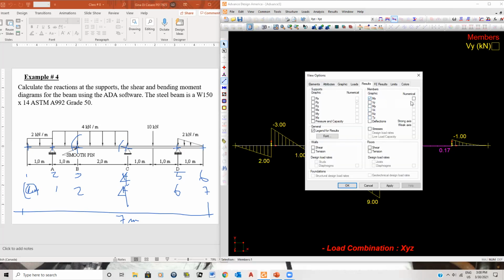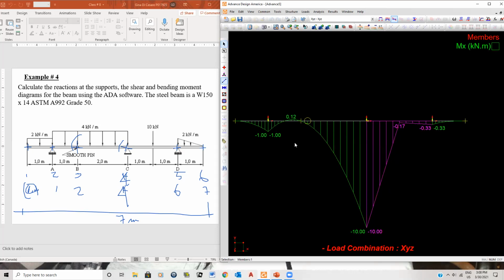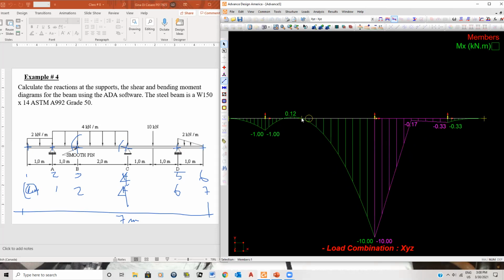the moment diagram so that you can design it for bending, apply, and of course, perfect, okay? And where the pin is, the moment is 0, and that's exactly it. If I'm not mistaken, if you guys go back a couple lectures, we did this one manually, or you guys did it manually. We either did it in class or we did it as an assignment, and that's exactly the moment diagram you were supposed to be getting. So here, it's exactly like we've been doing. In other words,